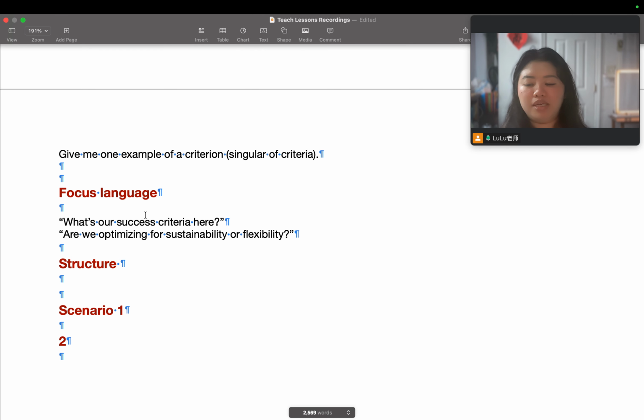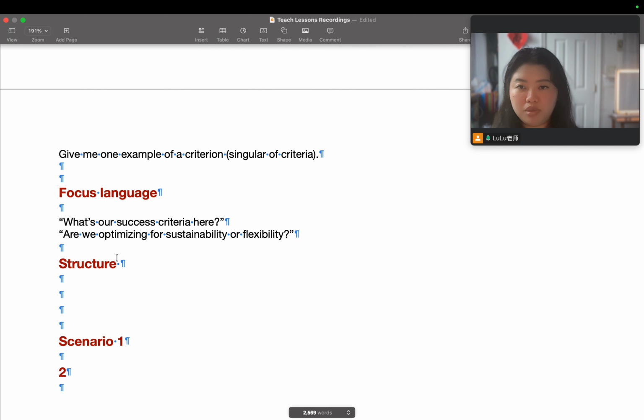Good. And based on what they say, I will do simple adjustments if needed. I will encourage them to make it even more natural, paying attention to grammar, but not being deadlocked on grammar. Now let's go up to structure. So this formula I'm about to write here, I want you to really pay attention to.